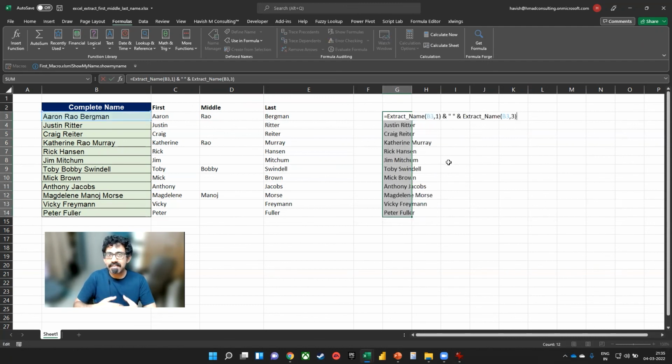So a lot of people have trouble removing the middle name or extracting the middle name. And what we have done here is to first see the 3 formulas to write, which are useful independently. And then, of course, once you put it into a Lambda, it becomes very user-friendly. So even somebody who does not understand Excel very well, you can easily tell them how to use this.